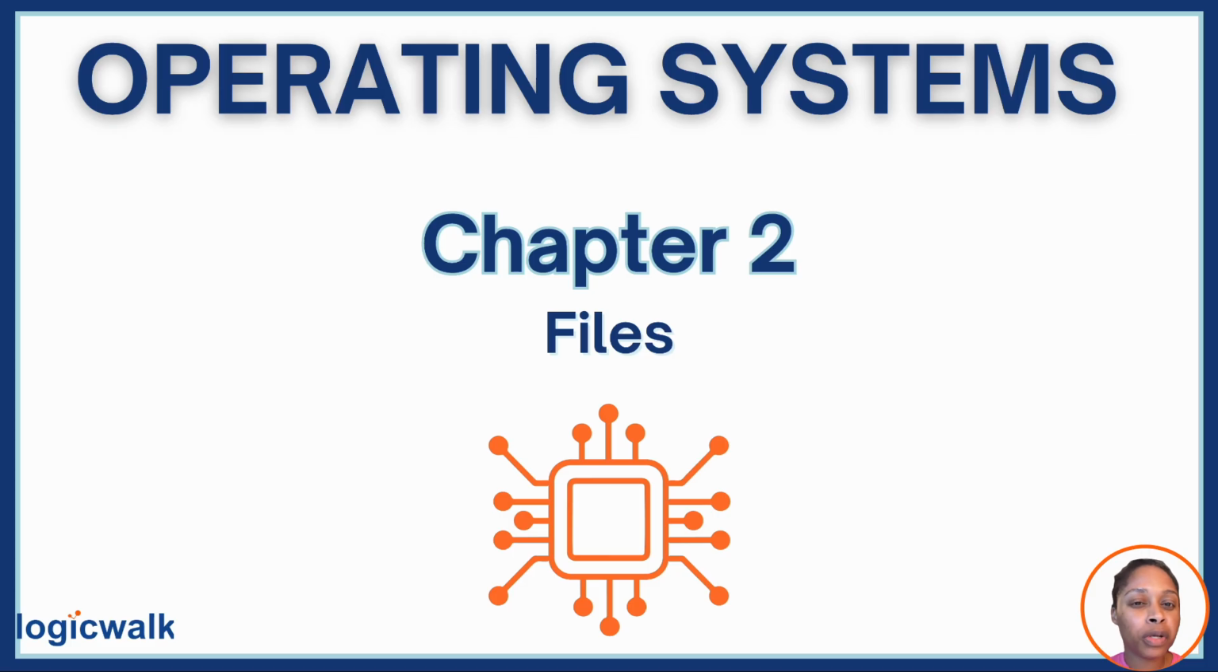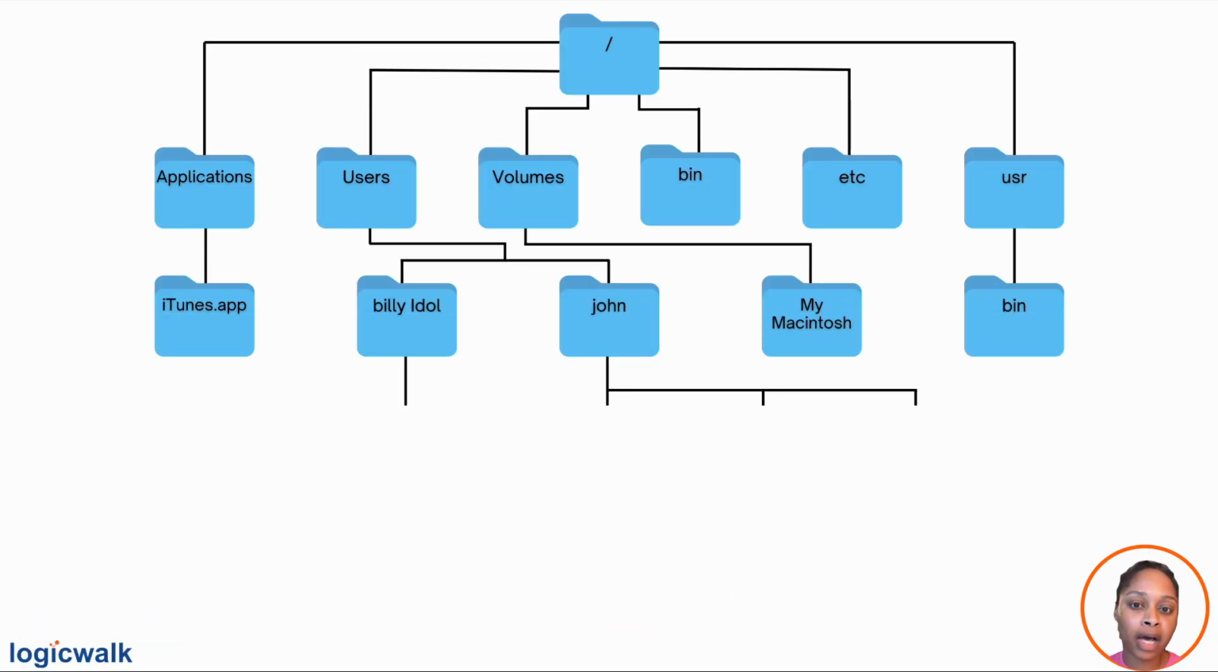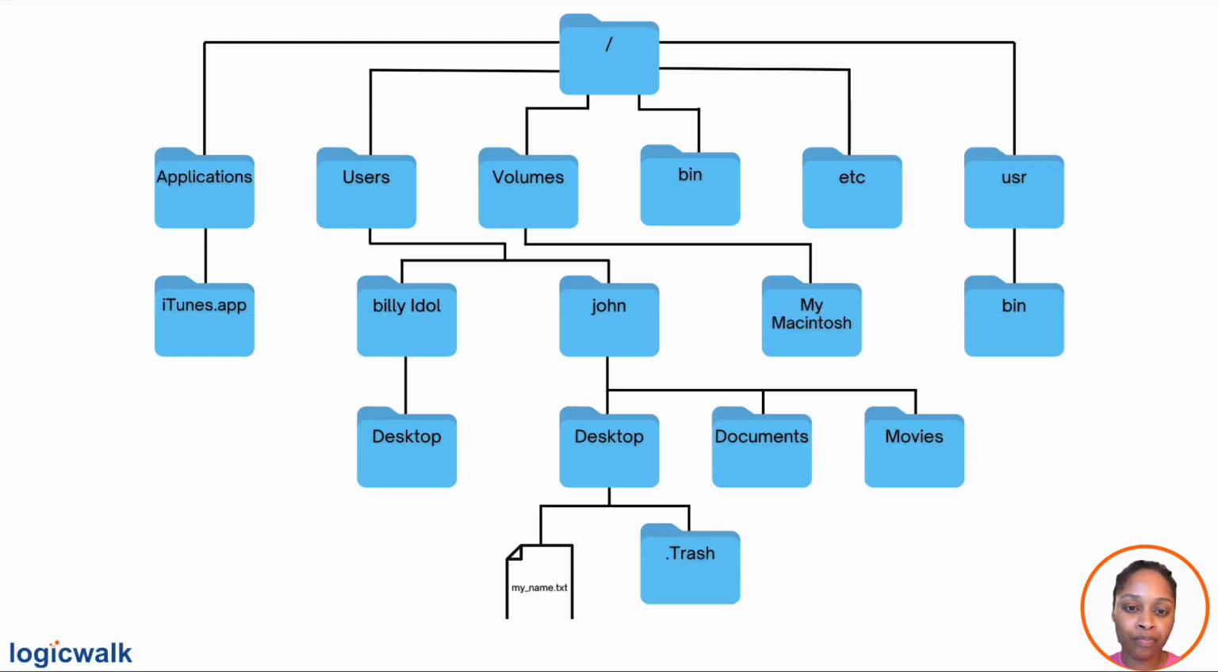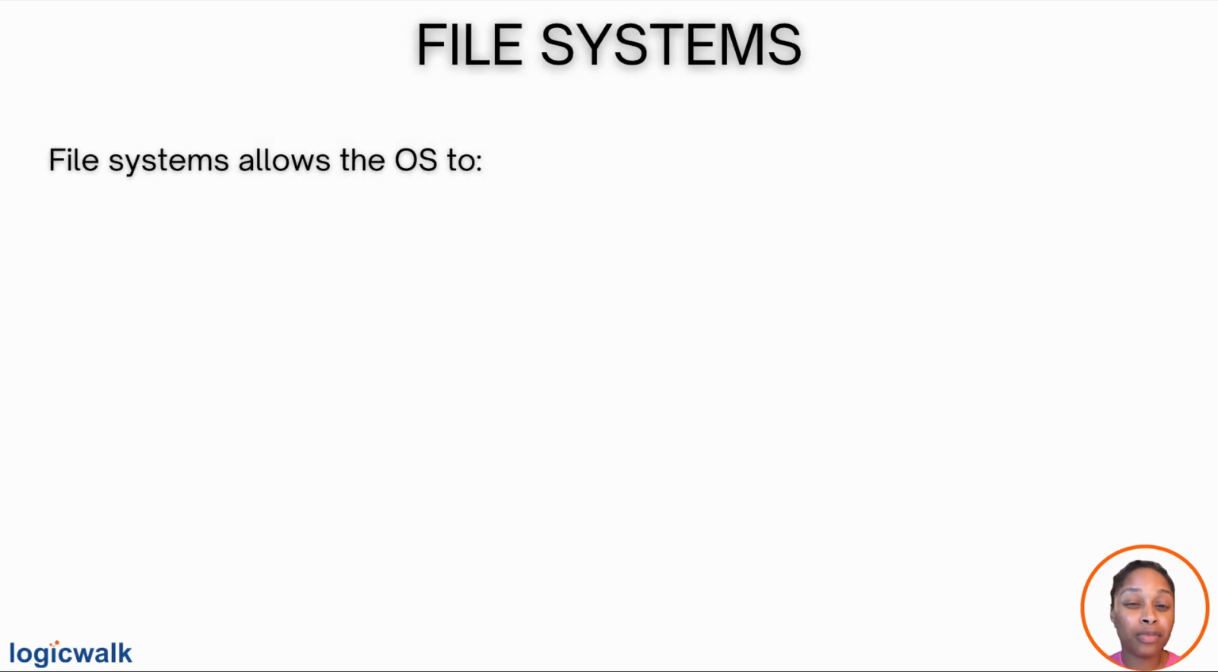In this chapter, we're focusing on one of the most important components of any operating system, the file system. You've probably used a file system countless times without even thinking about it. Whenever you save a document, download a photo, or organize files into folders on your computer, phone, or tablet, you're interacting with a file system. It's what allows the operating system to store, locate, and retrieve information so seamlessly that it feels effortless to us